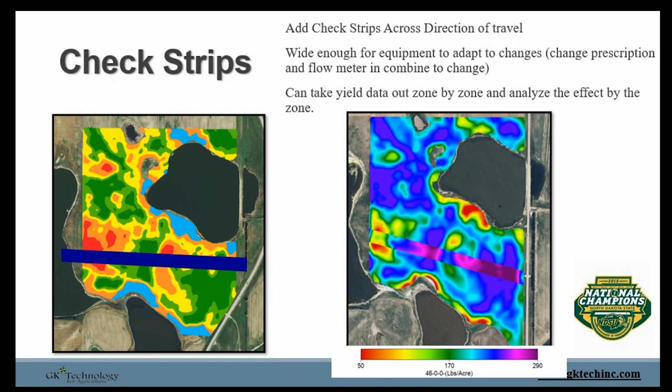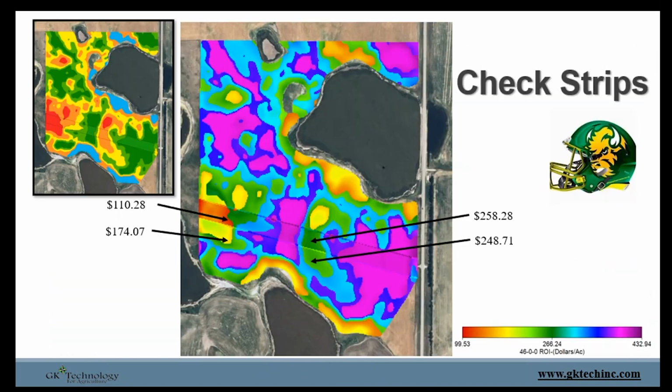But likewise, if you don't, well, don't write that into that zone for the future years, right? So in this example, all I did was keep the integrity of the 4600 map that we've been looking at, and all I did was increase that rate by 50 pounds to the acre. And so here's my check strip going across. And then I just did some quick revenue stuff. And you can see that in our red zone areas,